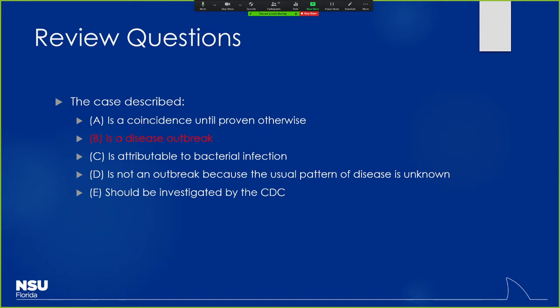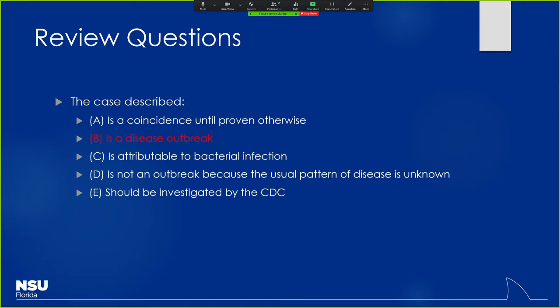So, looking at this, someone, Matt, said C, but let's look at this. Why would we consider this a disease outbreak? Just looking at this case, why do we think that? If you go out to a fancy dinner, do you expect some number of those people to develop severe abdominal pain and vomiting and fever? It seems pretty odd that you would have that sort of occurrence. So could it be a coincidence? Possibly, but because of the location, the timing, and all of that, it probably depends on the restaurant.